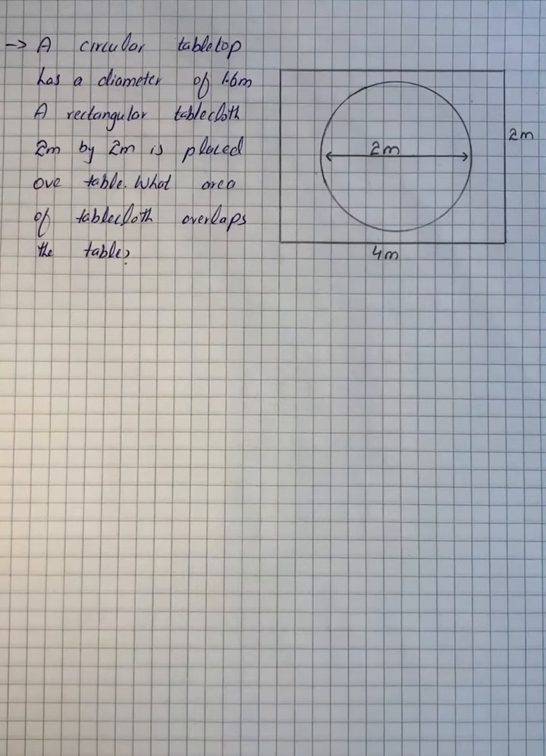The question says a circular tabletop has a diameter of 1.6 meter and a rectangular tablecloth of 2 meter by 2 meter is placed over the table. What area of the tablecloth overlaps the table? So the area of the tablecloth that overlaps the table is the area of the rectangular tablecloth minus the area